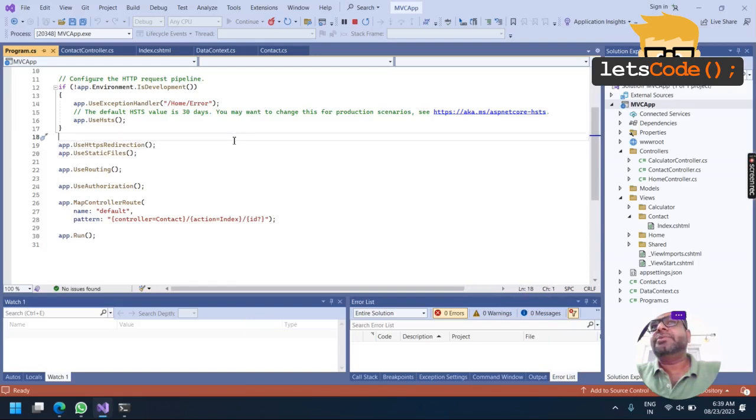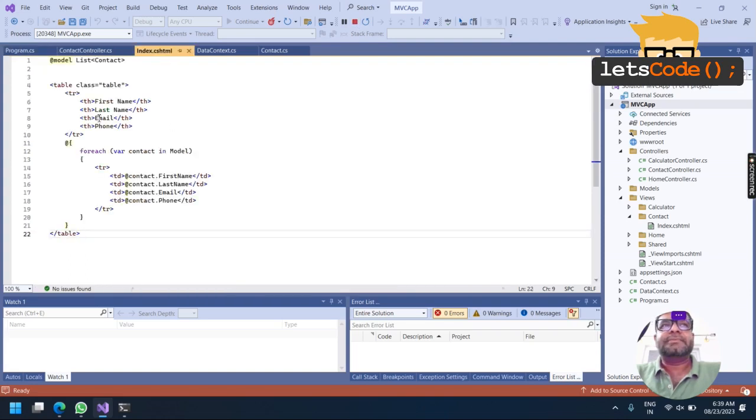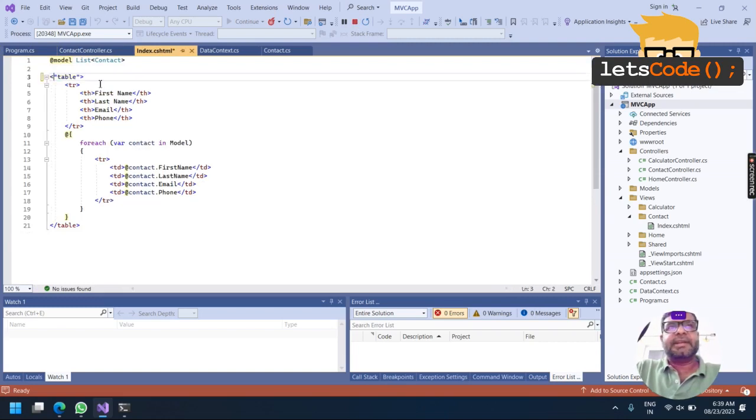So I have my project already open. In case you have any confusion or any query, you can always refer back to the previous video. Let me first stop the debugger, or let it run, and let me add one button here on the top. So let's make it ready first.